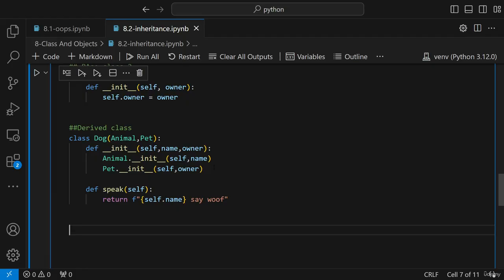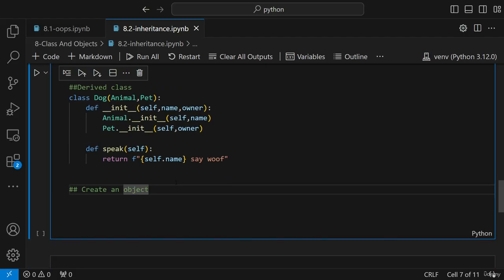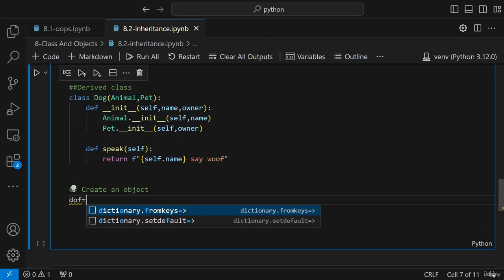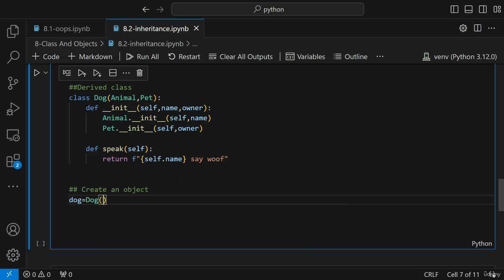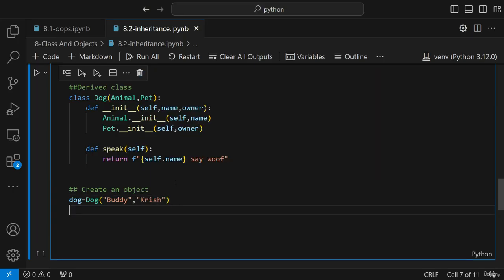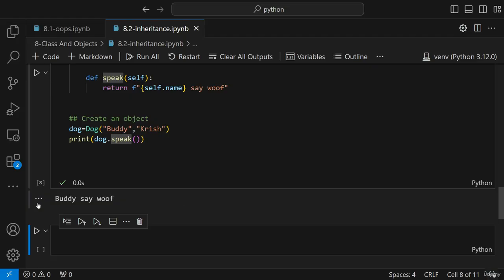Now let's see how this will work. We'll create an object just to see whether it is working fine or not. First of all, I'll write dog is equal to, initializing from Dog. Here I'm going to write the name will be Buddy and the owner belongs to Krish. Then I will print dog.speak, and if I execute this, you'll see I get Buddy says